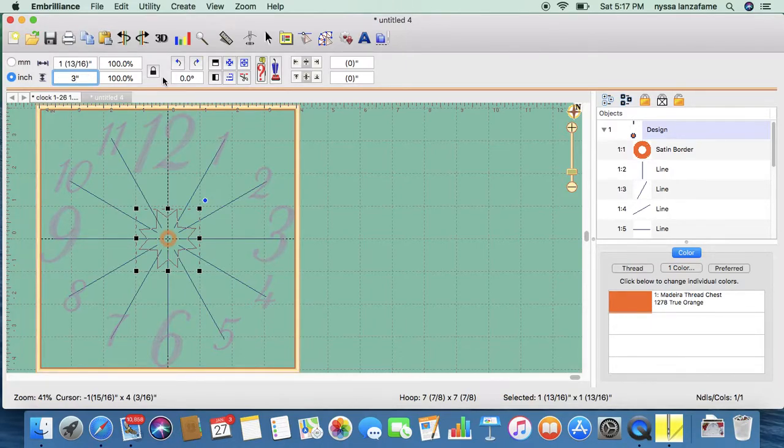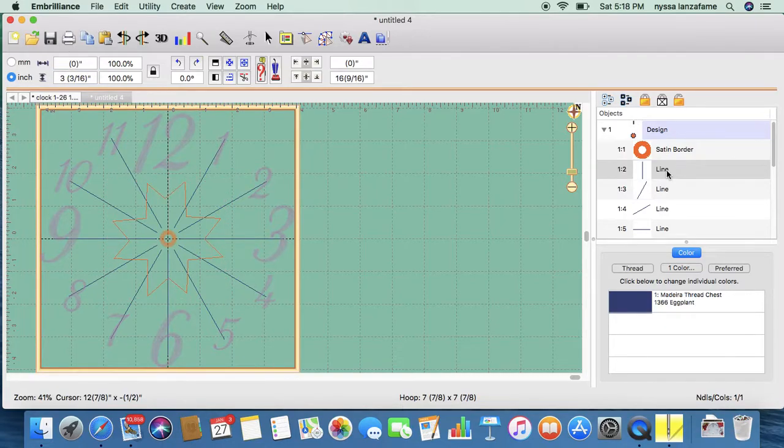Again, I've got that locked, so it'll stay proportional to what it was when it came in. 3 is not bad, but let's go 3.5. Okay, 3.5, or 6.7 if you're odd, like my fingers. That looks pretty good. Now, if I want to get a better idea of what it's going to look like,